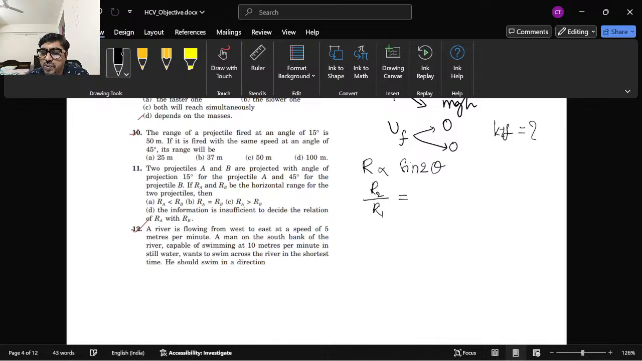Will be equal to sine of 2 into 45, meaning sine 90 degrees, divided by sine of 2 into 15, that is sine 30 degrees. You will get, 1 by sine 90 is 1. Don't worry, there is a little problem in the stylus. I will be just tapping on it. You will get 2. So R2 equals 2R1. So obviously R2 is greater than R1. So what is the answer? Option